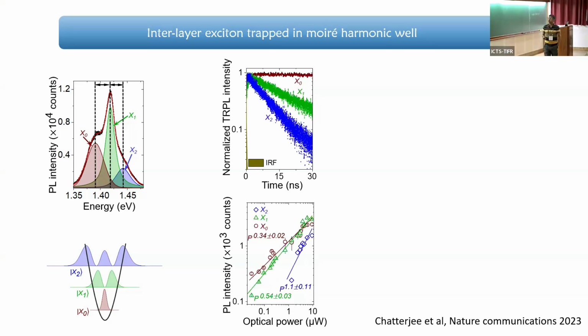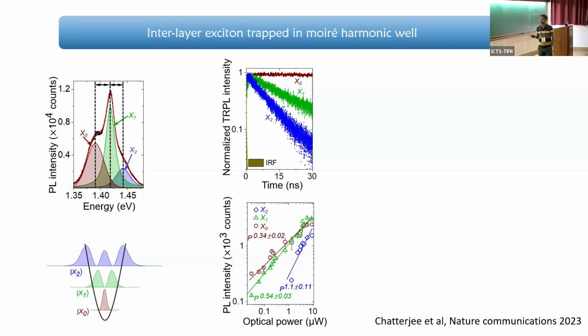Now, a couple of measurements. One is, as I told you, a lifetime measurement. The lowest energy is the X naught. The next one is X1, and the upper one is the X2. So these are the 3 excitonic features that we are able to observe. Beyond that, we are not able to observe. Okay. So of course, from the separation, you can get an idea of what is the depth of